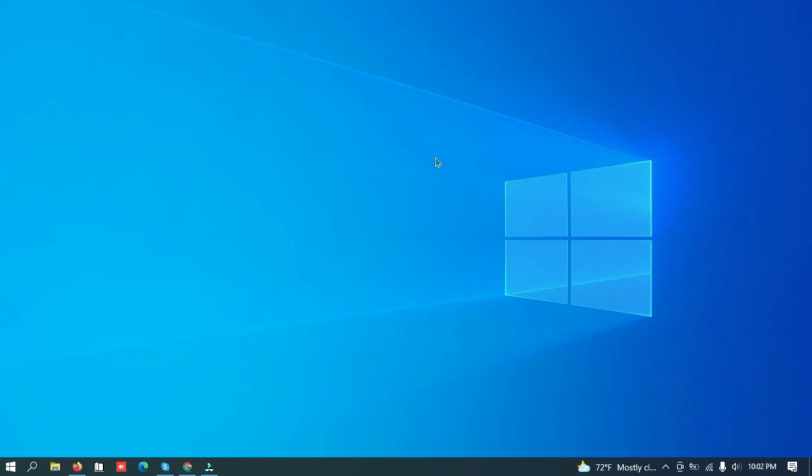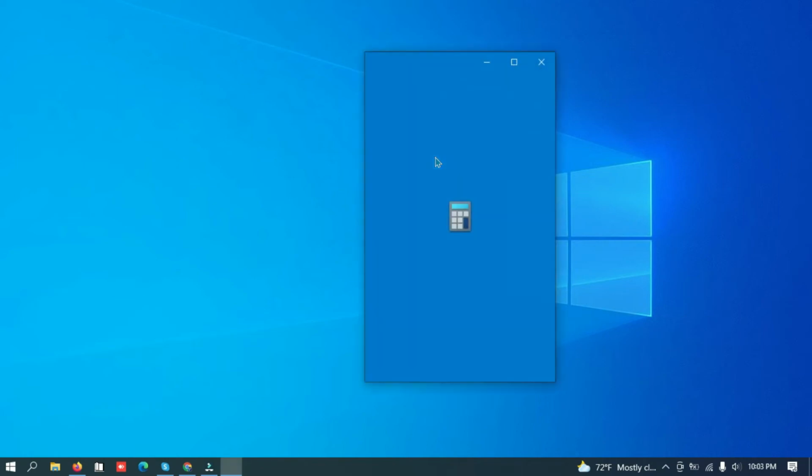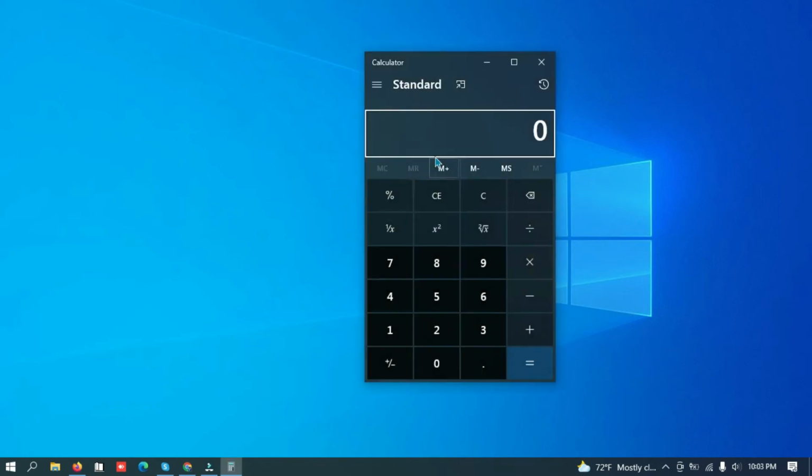Sometimes we need a calculator on a mobile phone or laptop. The shortcut command is Windows plus R. Now type calc, C-A-L-C, and press enter. If you want to quickly open the built-in Windows calculator app, typing calc in the command dialog box is the easiest way to open it. Now you can use it, it's very simple.